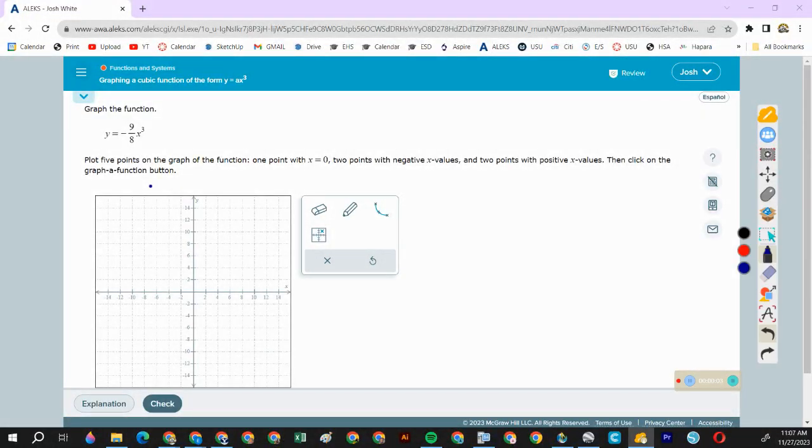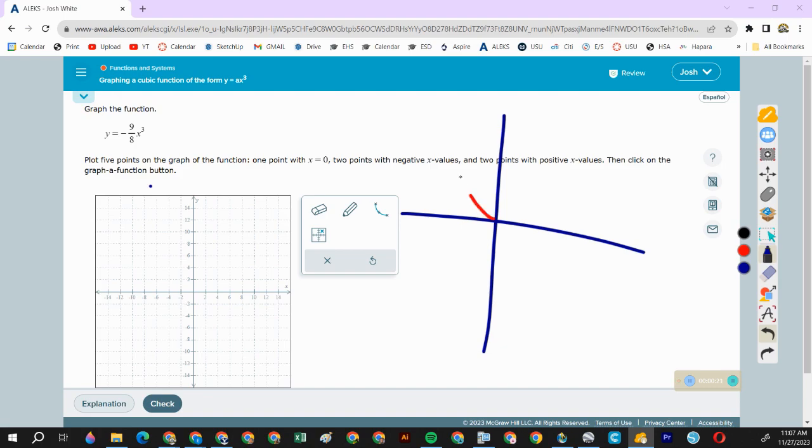All right, this is 4.4. We are going to be graphing square roots and cubic functions. So we've graphed x squared functions,